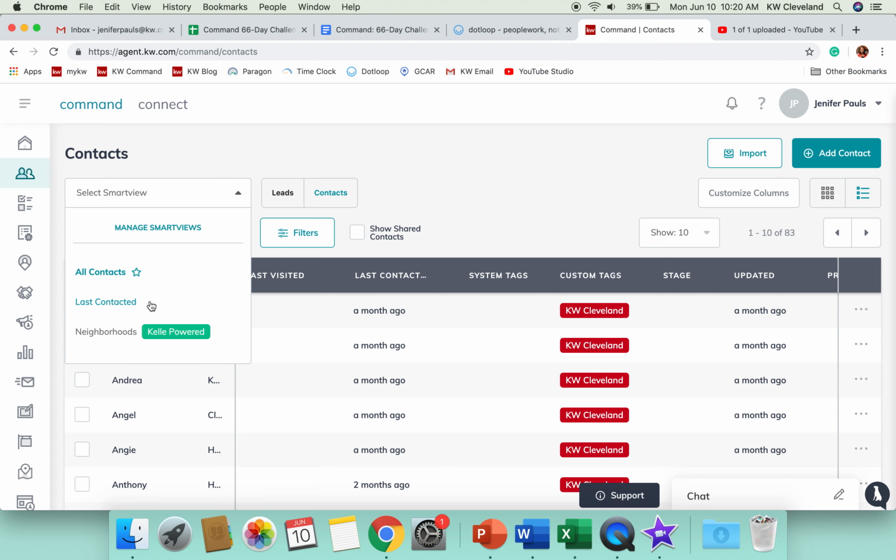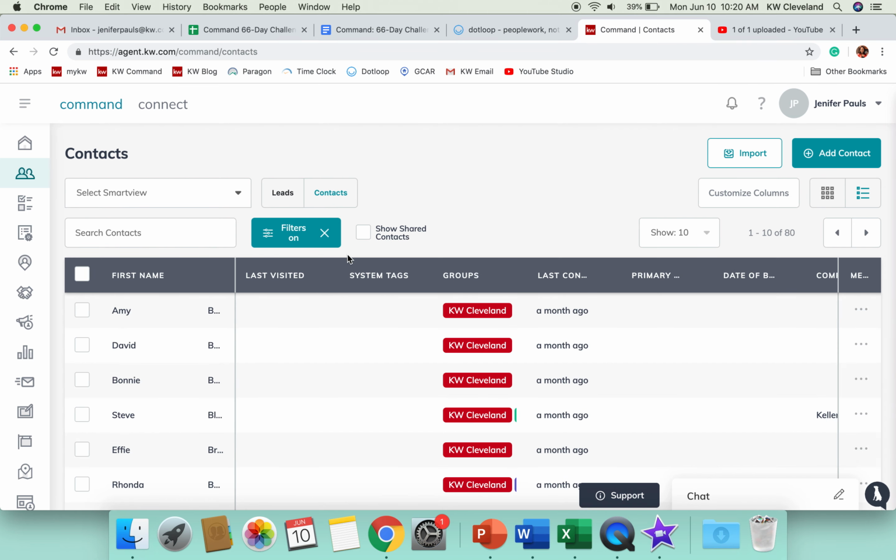So I might open that up when I'm going to make some calls. A Kelly-powered Smart View that should automatically be in all of your Command accounts is Neighborhood. This is one you already have, and you're going to be able to click on it, and it is going to filter and show you the people in your database that you do not have a neighborhood